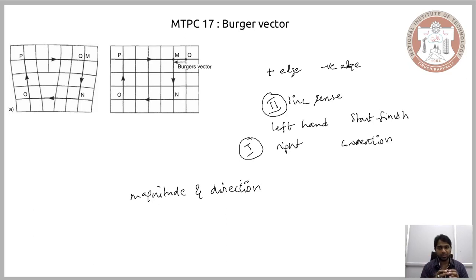And when you consider the interatomic spacing, we can consider the position of the atom and then express the Burgers vector accordingly. For the position of the atoms, we consider how the atom is positioned with respect to a reference point, based on all the three coordinate axes, and how it has been moved away from this reference point, or what is the distance between them. So the distance along with the position will give you the magnitude and the direction of the Burgers vector.